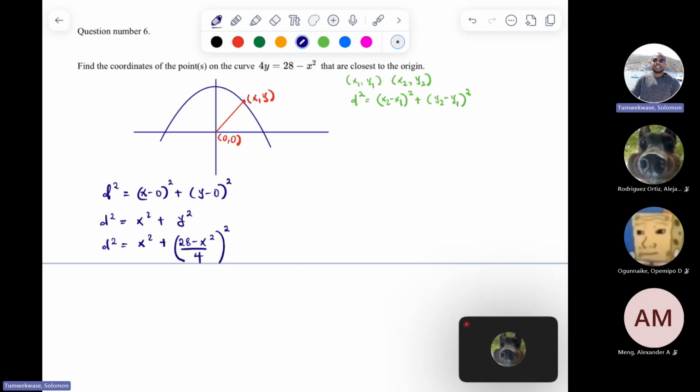Now, you might be tempted to take the derivative here, but this is just an expression of x, which is denoted as d squared. So this expression of x, but